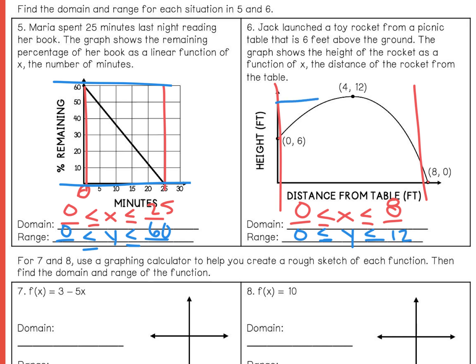Good. Because this 6 is the height at which Jack launched the rocket. The 12 is the height of the rocket at its highest point. So we are only looking bottom to top. That 6 is not important, but we needed that dot for our domain, right? Wait, what is the height